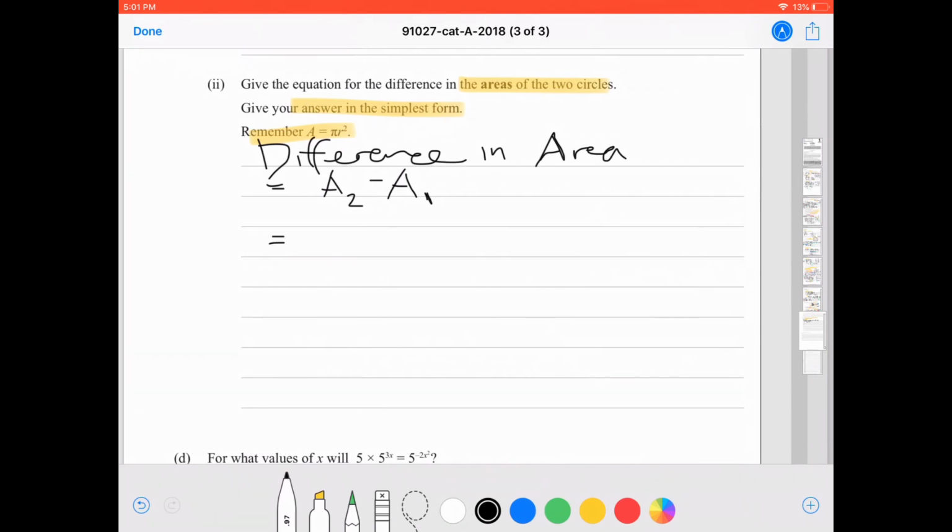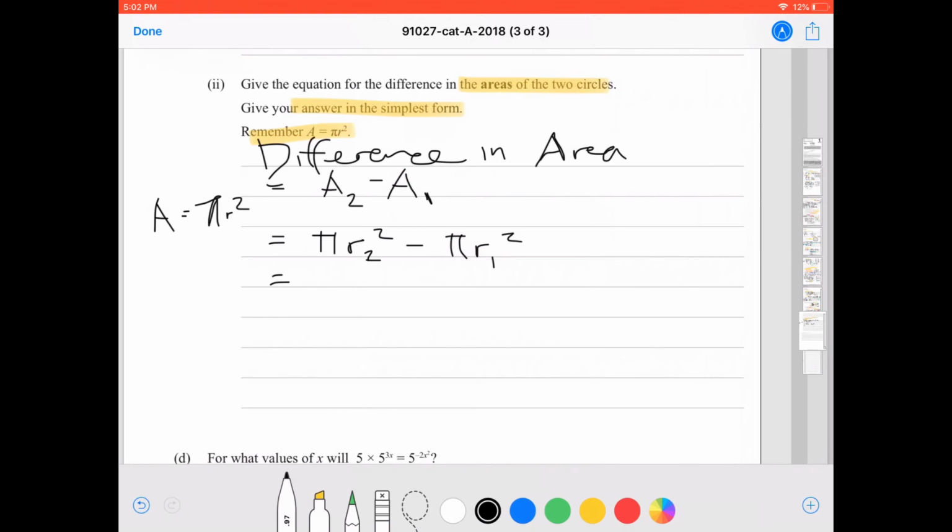And similar to the way we used the circumference equation before, we're just going to use the equation for area, A equals pi r squared, and we're just going to use that. Okay, so looking at our number 2 circle, its area would be pi r2 squared minus area for our smaller circle, that would be pi r1 squared. Okay,